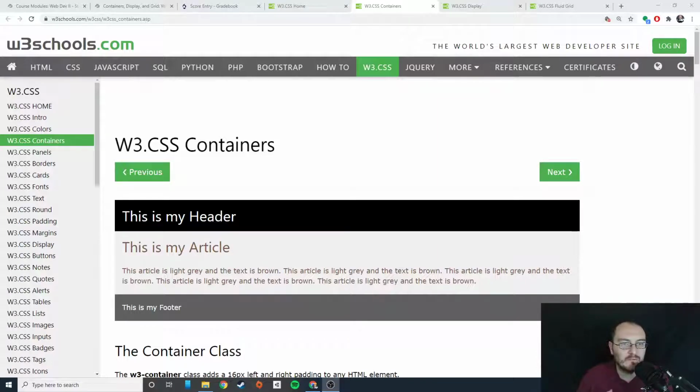This week we're going to work on building a template for our website. So in order to do that, we need to consider how most things are organized in a web page, right? Are we putting them inside of divs? Are we putting them inside of a grid system? Are we going to use containers because we're using W3 Schools? Yes, to all of these. So let's talk about how containers, display, and grid work in